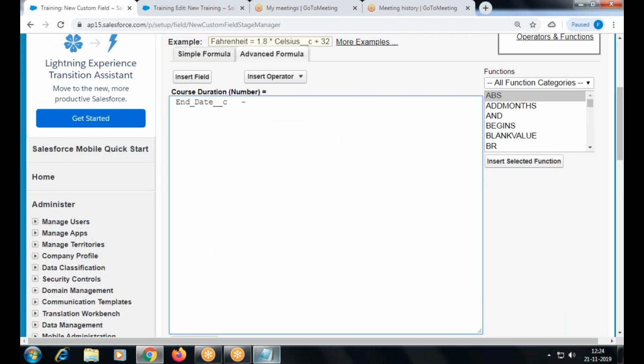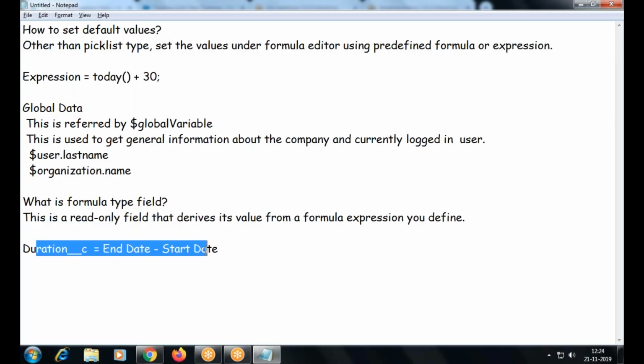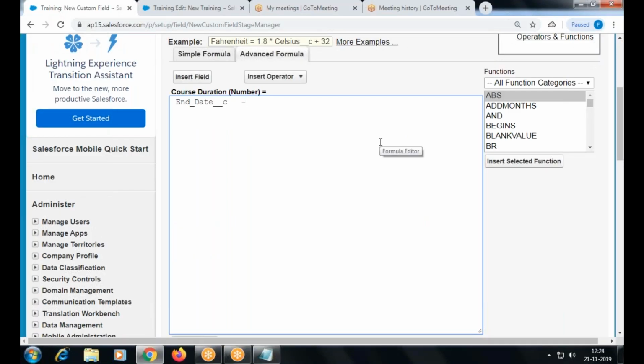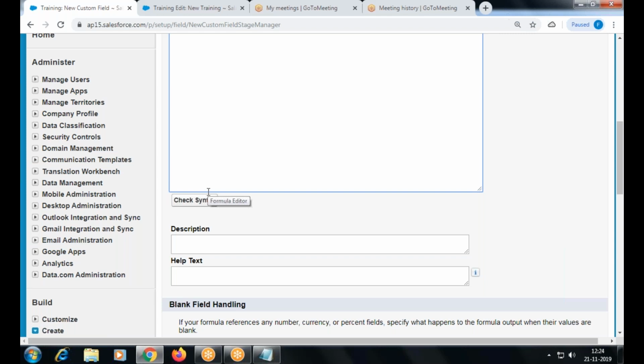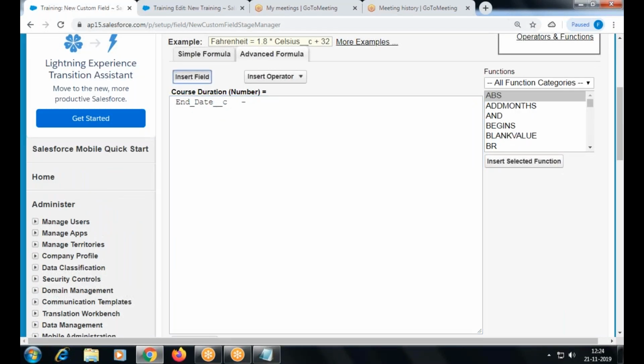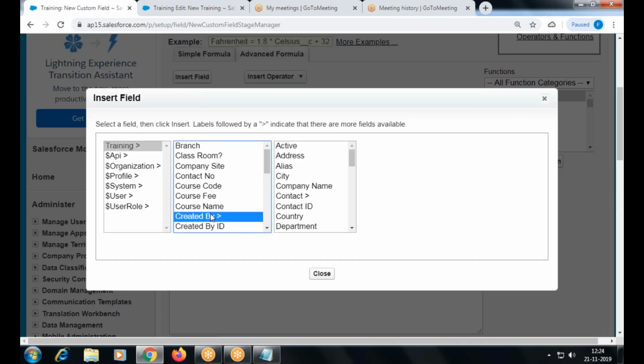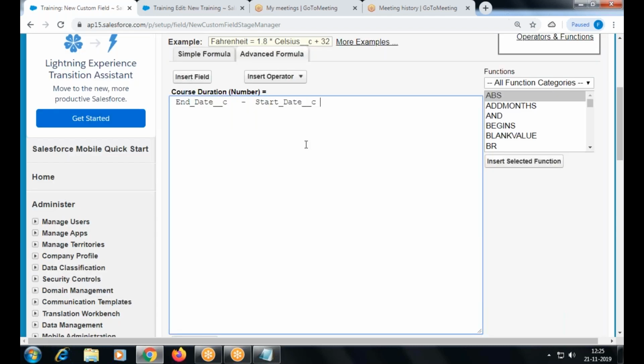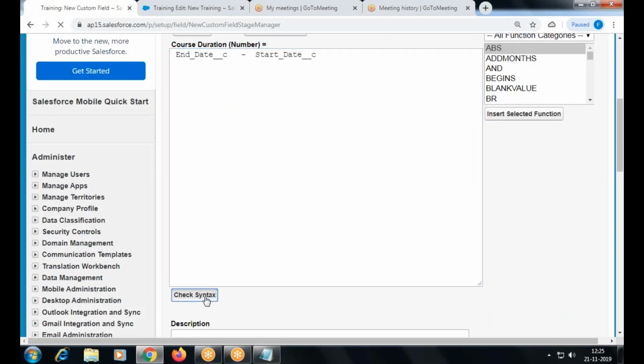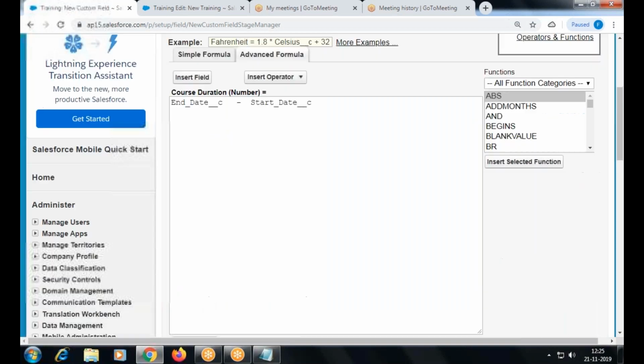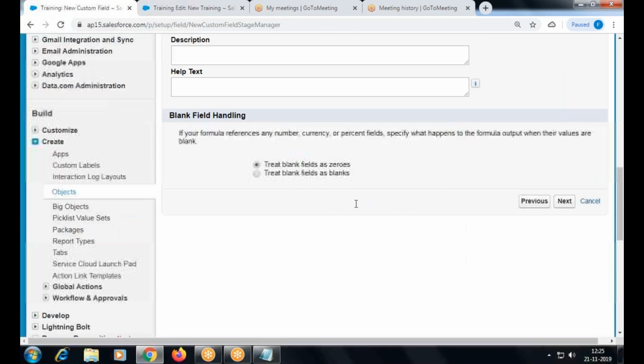So try to derive the formula here, then refer to this and build on your own here by going with the operator and the field here. If you enter it yourself, sometimes it will include a junk character from the keyboard that might give a syntax error. You will not be able to fix that error, and you would spend more time. Got me? So then I keep the cursor here, insert, right? You don't see any syntax error here.